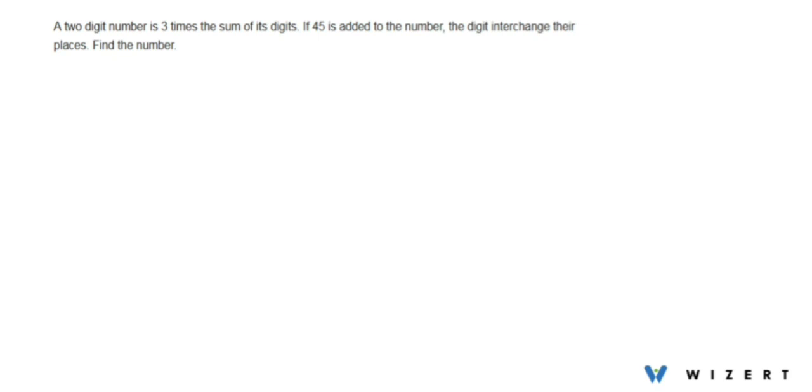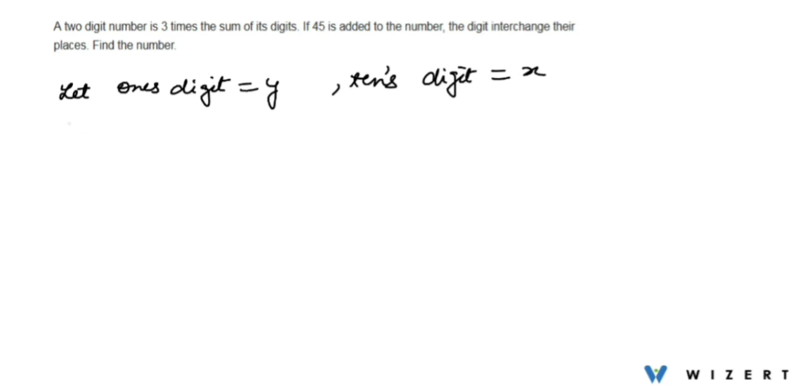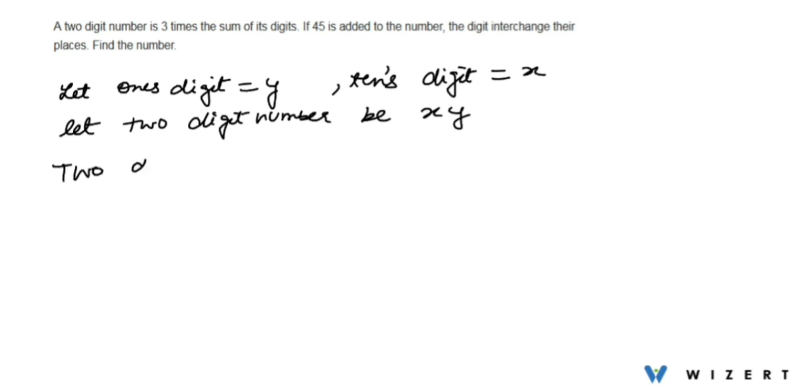So first of all, we'll assume a two-digit number having ones digit as y and tens digit as x. Now let's say the two-digit number be xy, where y is the ones digit and x is the tens digit. Now we know that any two-digit number